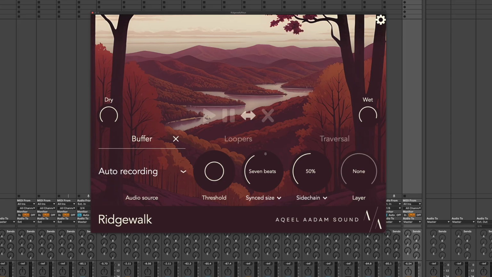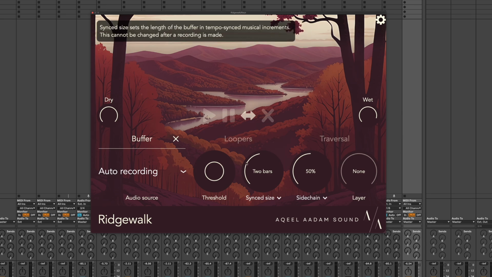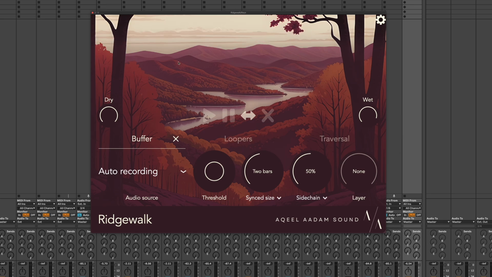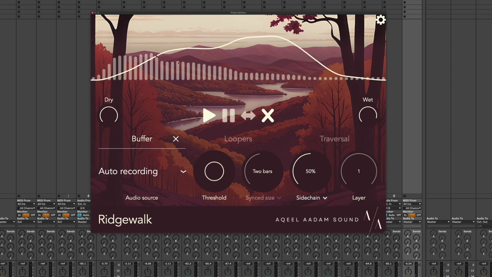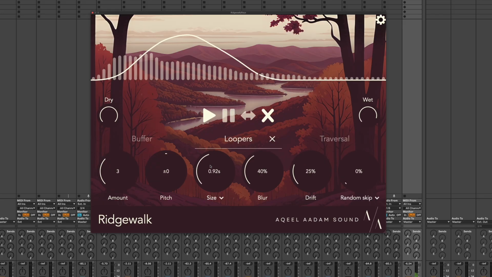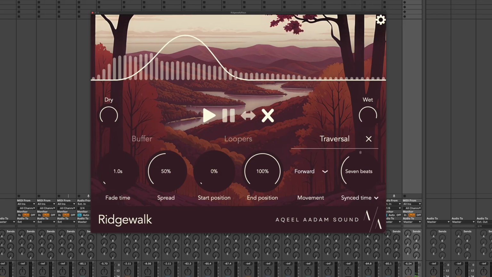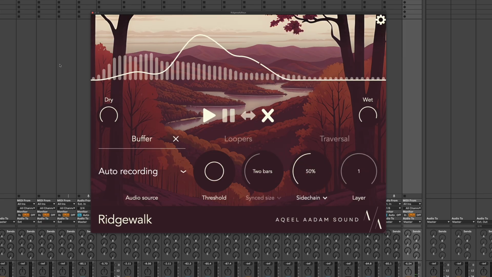So this method is kind of nice for really accumulating material and building up a buffer that's really dense. It kind of promotes a really full buffer over time. Let me kind of show you. Okay, so this first recording has a lot of content towards the front, but then it kind of peters out. Now what happens if we